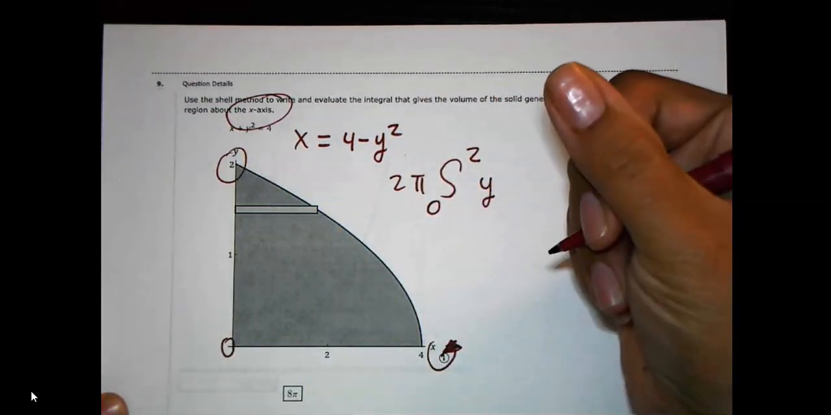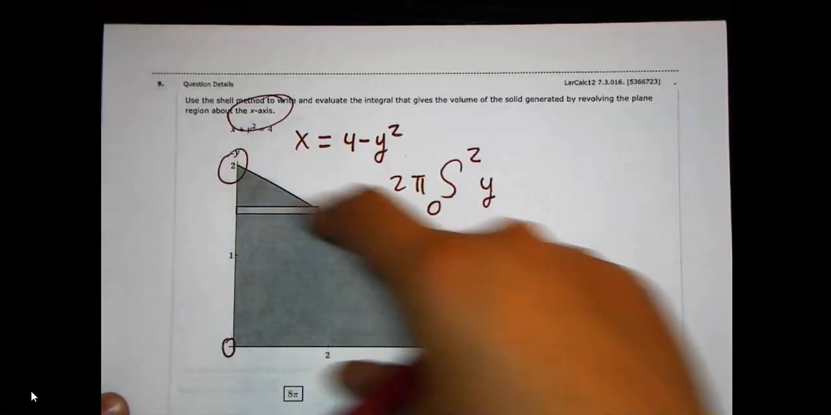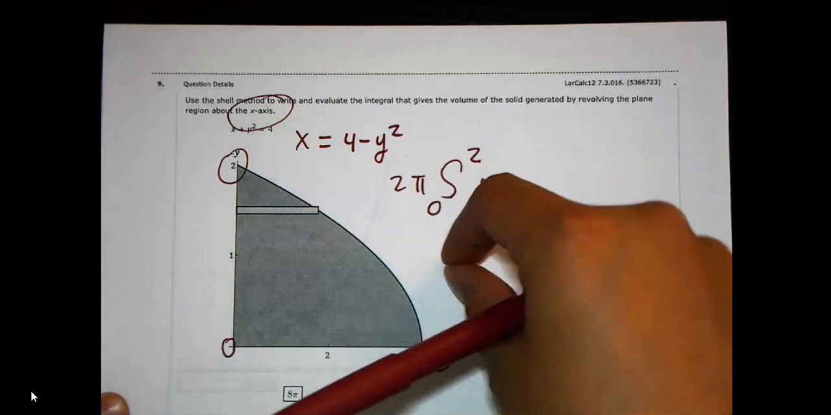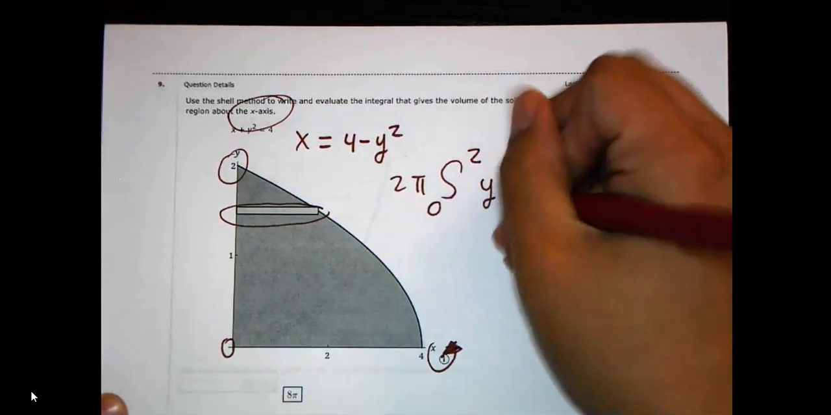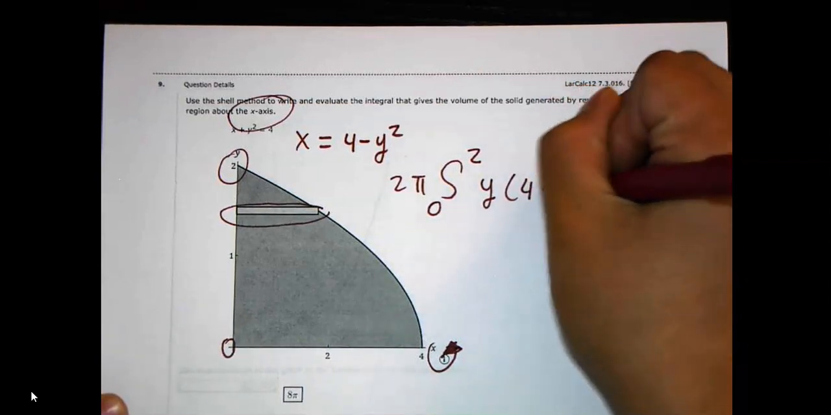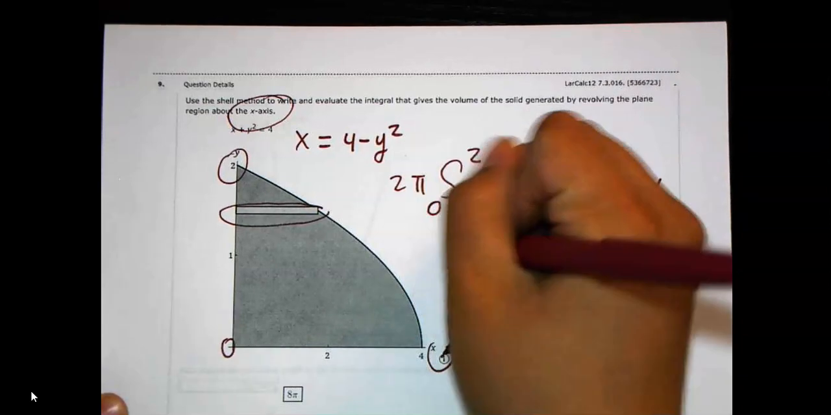My height, so the radius is going to be y depending on how high it is. Height, this is going to be my height. It's going to depend on the function, so it's 4 minus y squared. So what we're going to do,